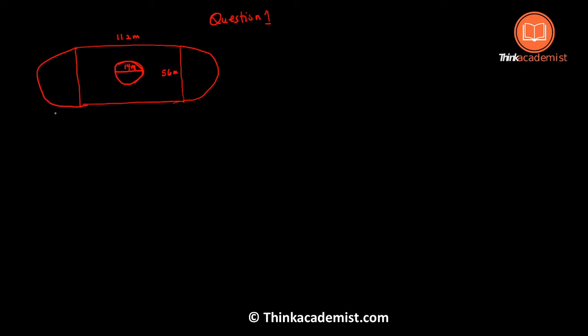Now, under this question, they are saying we should look for the distance around. So A, the distance around the field. Okay? And then B, they are saying we should look for the area of the field,